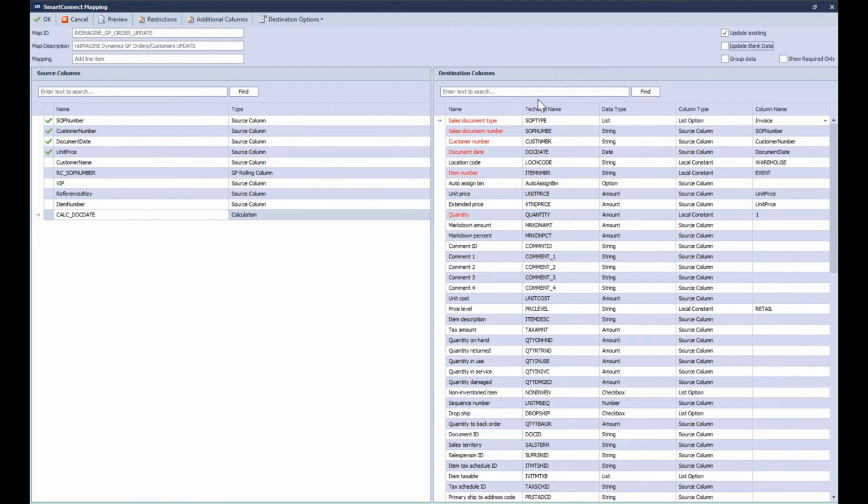Okay, you will see cases where I need to group data. Now this is a little different from my source keys, so let me show you an example of that. I'm in updating lines right now, so you can see I'm adding a line item. I don't have to group because each row within my data source represents an invoice line in this case. But in the case of the header, so if I scroll down